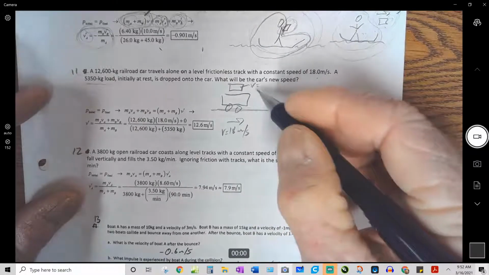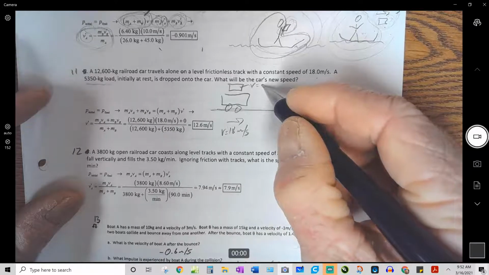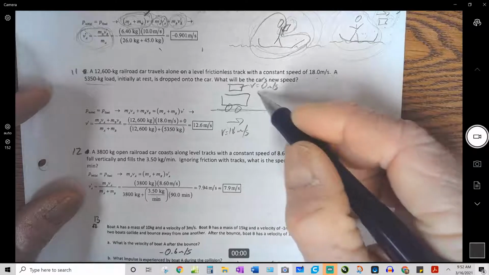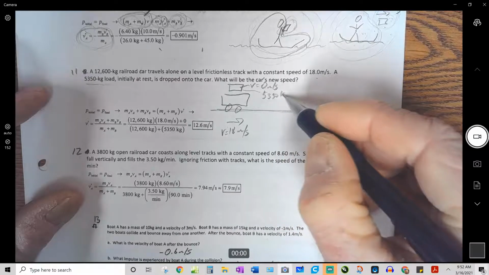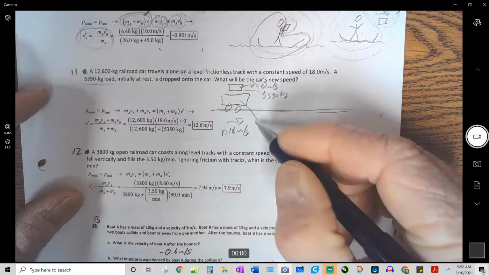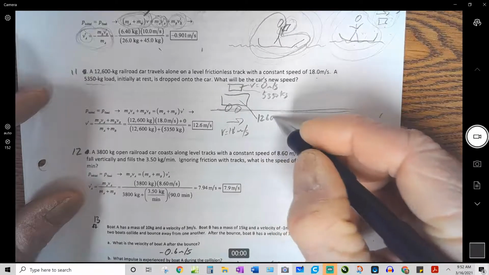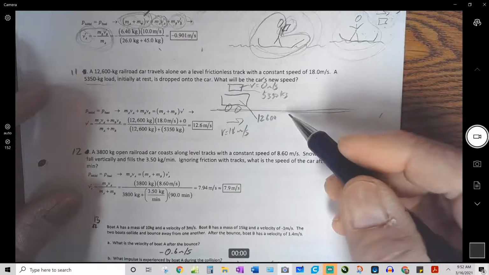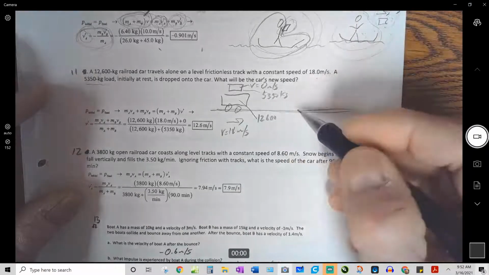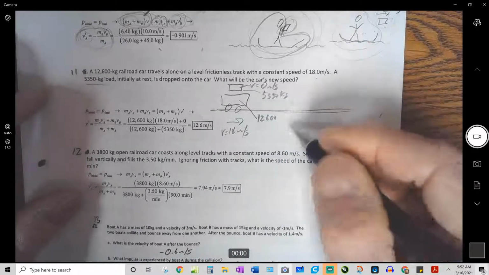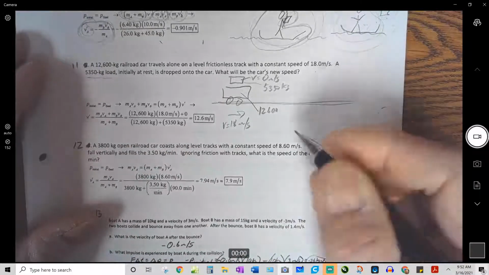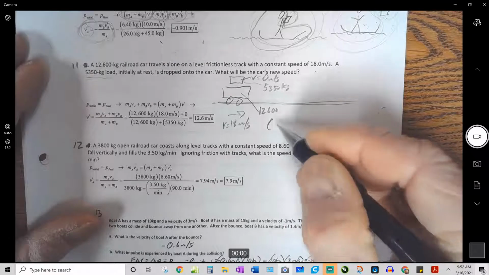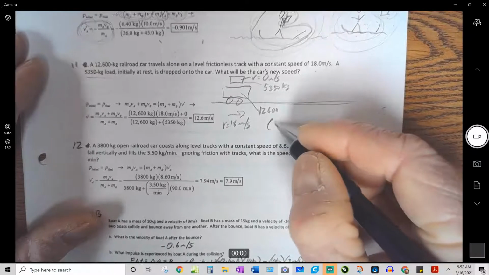Velocity equals 0 meters per second, and the mass is 5,350, and the mass of this is 12,600. So if you wanted to, and then they're going to move together, so if you wanted to set this up in a way that doesn't look like that, you could just say the momentum before equals the